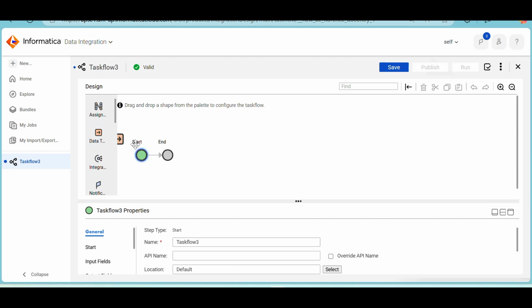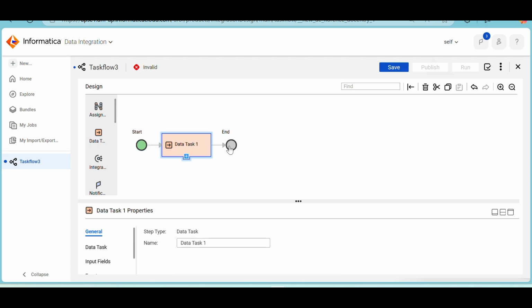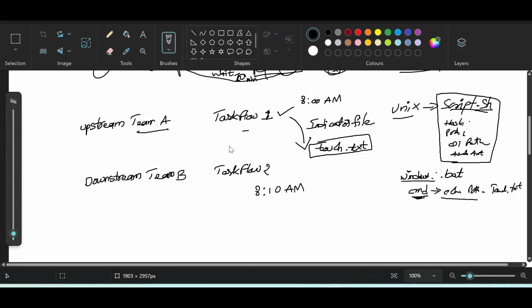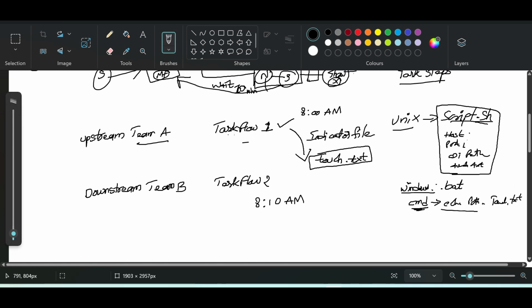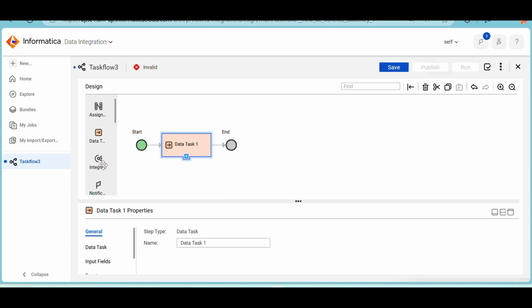I'll take one data integration. What we need to create here: first, team A should send out an email. Okay. So after that, what I have to do is I'll take